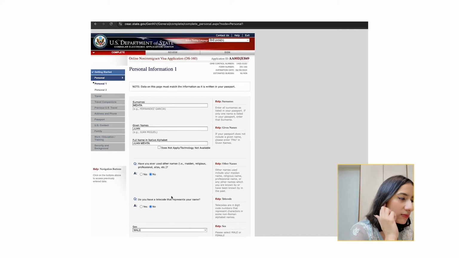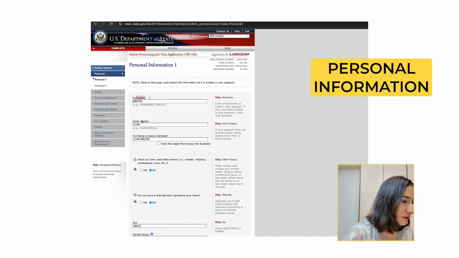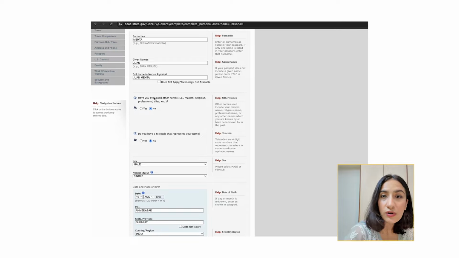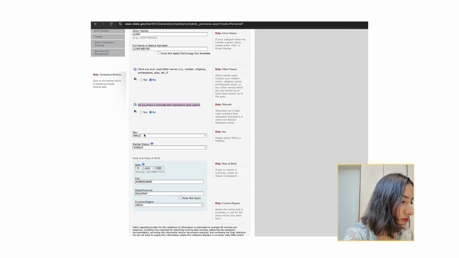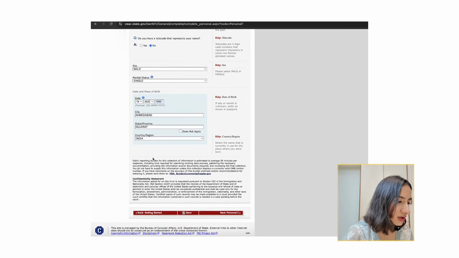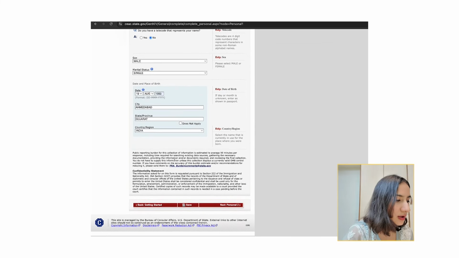Alright, so filling out the name, not very difficult. You will be able to fill that out, of course. And we don't have names like Elon Musk's children, so thankfully we don't have to put the telecode option here, so no for that. And then gender, just one option here. Marital status you can pick here.